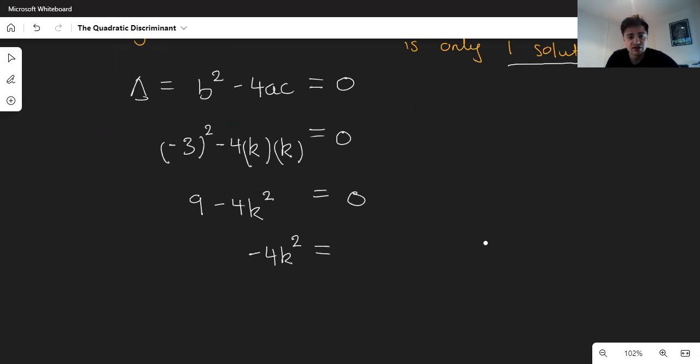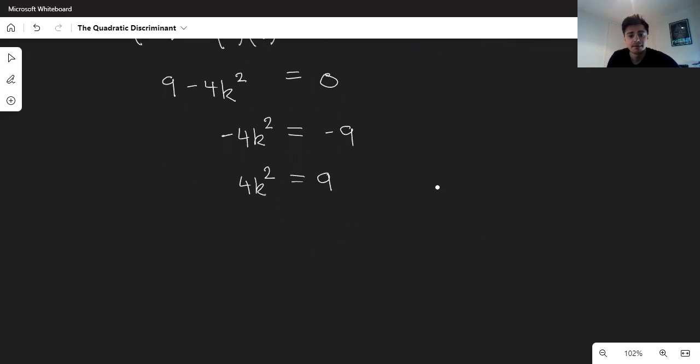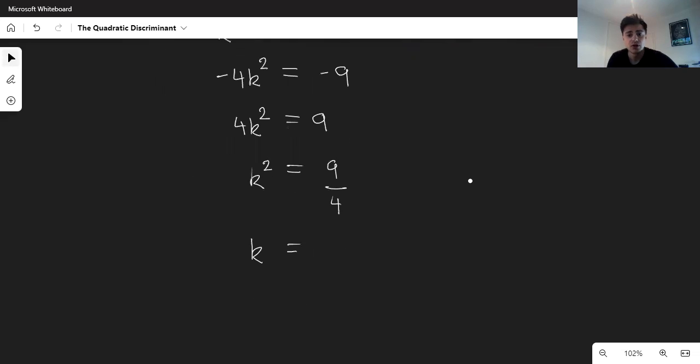So we'll rearrange this for k. We'll take the 9 over the other side. That should be a negative 9. And we've got a negative on both sides. So that means we can divide through by negative 1, making the whole equation positive. Trying to get k by itself, we'll divide through by 4. And k, if we take the square root of 9 over 4,